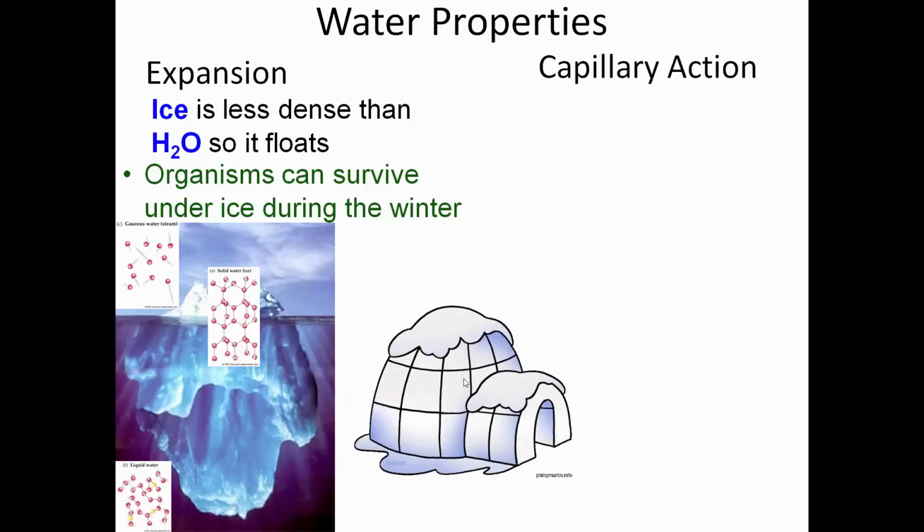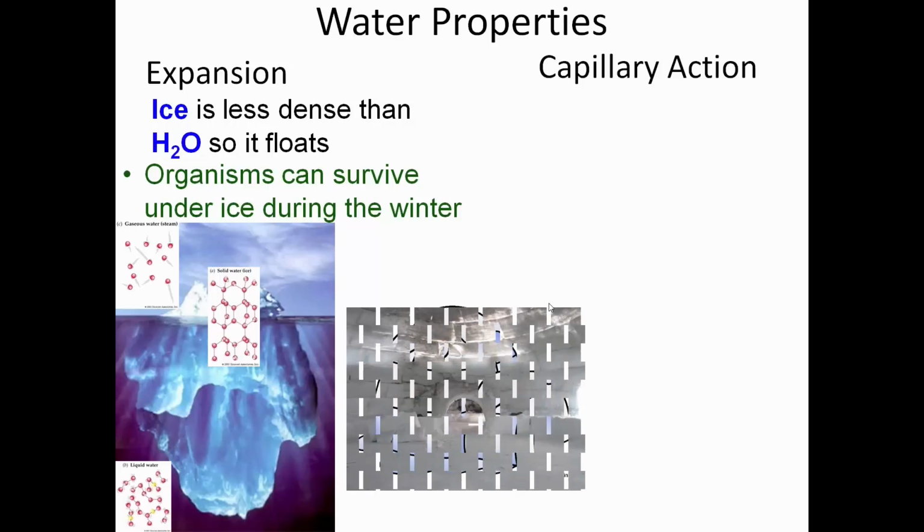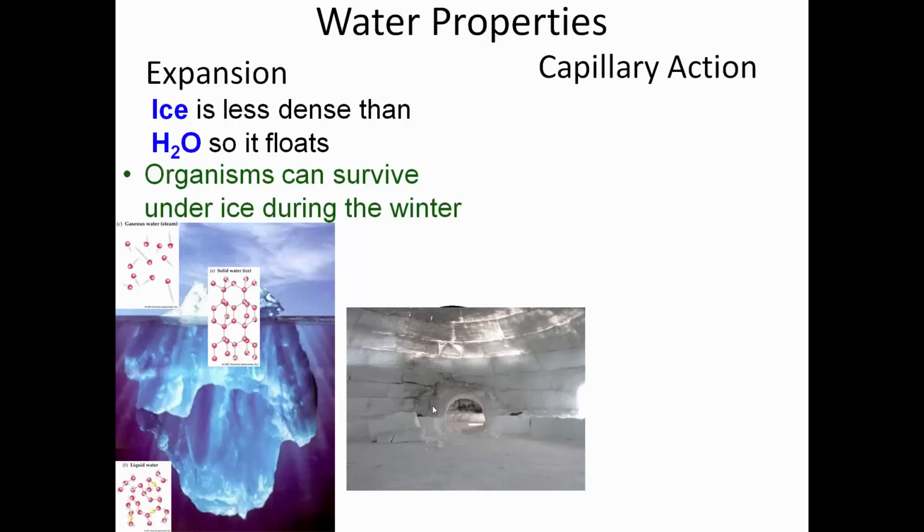And we do the same thing when we live in an igloo. The igloo actually keeps the colder air away from the inside, so you can use body heat or a small heater or fire to actually warm up the inside. So it actually makes an ice level, so you could block this off, have a smoke hole at the top, and have the heat in here. It will melt the ice, causing an ice layer inside, which will actually give you more insulation,